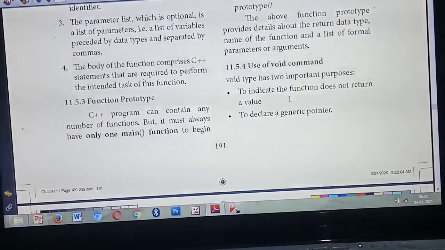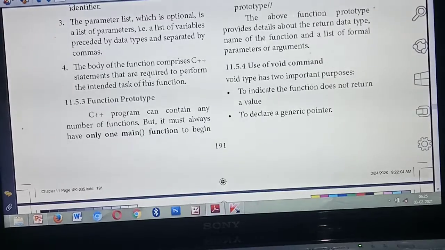A prototype is nothing but just like a syntax or formula. In a C++ program, a single program can contain a lot of functions. How many functions there are doesn't matter, but a program will contain only one main function. You might have seen that in the last examples also.